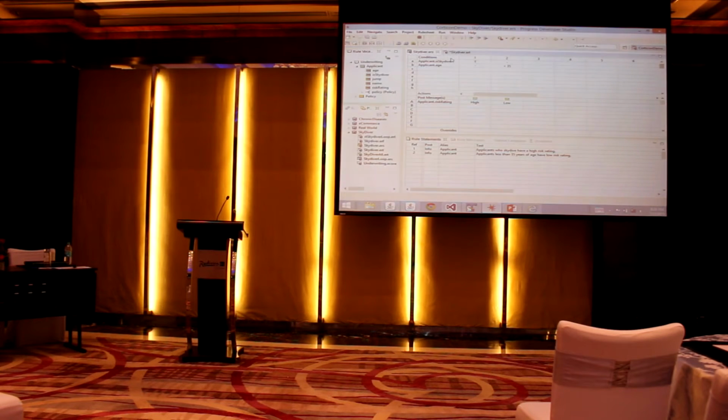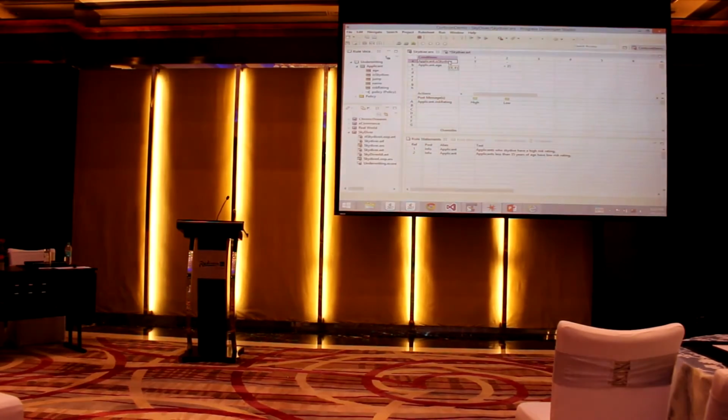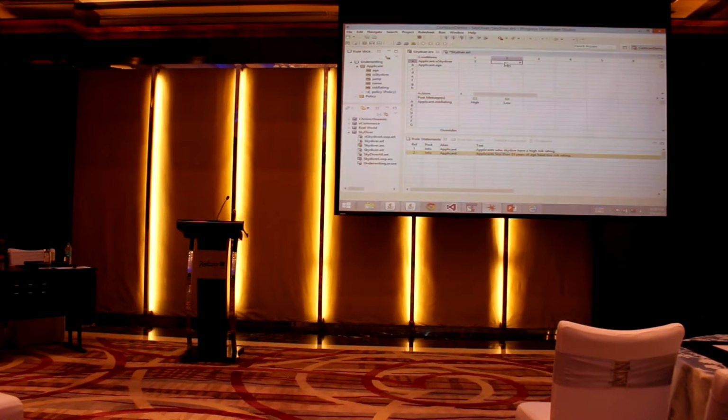Excuse me. Can you put a condition over there that he is a skydiver? This is the attribute: a person who is below age 35 and is a skydiver. What are the outputs I want? Yeah, the demo. We will come to that part as well in subsequent steps. Here, this hyphen means that in this rule, we do not care about that person's